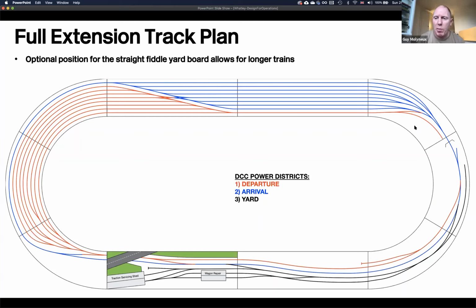It's trying to have a multi-purpose fiddle yard, you know, so that if I ever build another layout using the fiddle yard, I can have two equal size fiddle yards or one kind of long one. Or I guess I could just take the ladder board out altogether and put another straight one in there. They're kind of modular. So yeah,